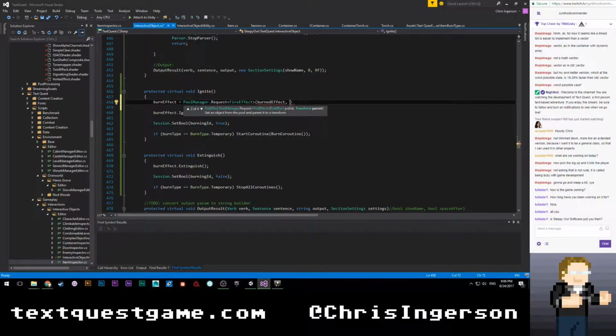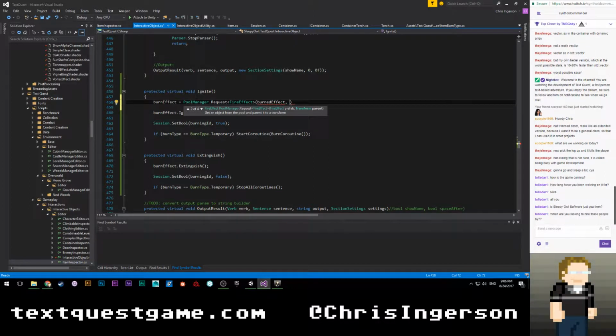And it will be parented to this object. So do I have a cache to transform? I don't. I really should. Okay, so we're just going to say transform for now, even though that's terrible. In any case,